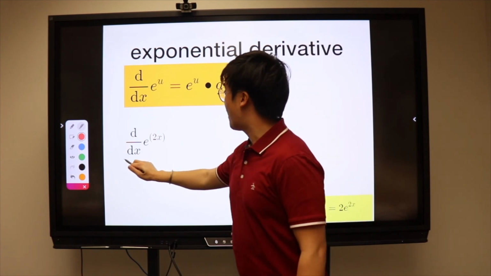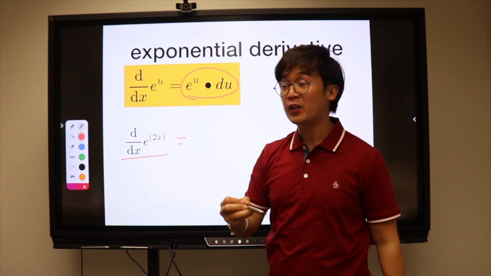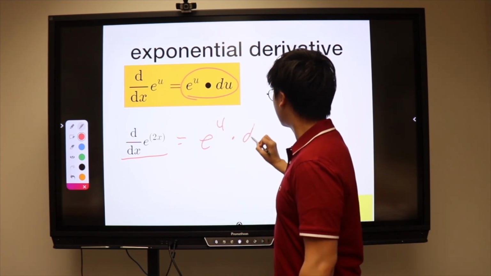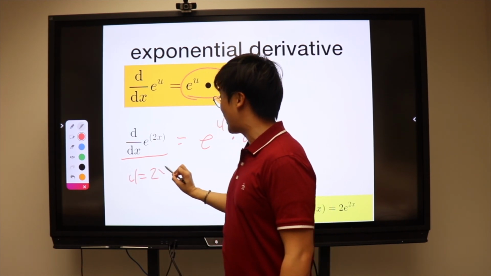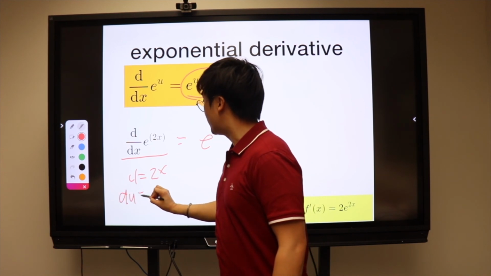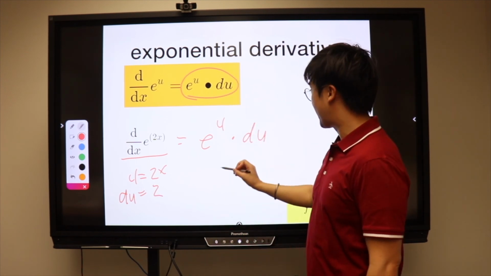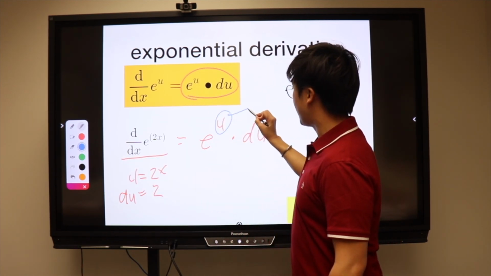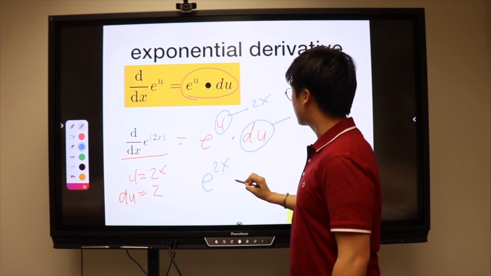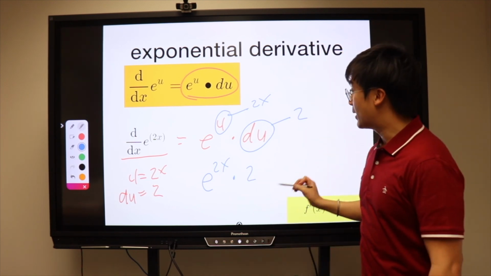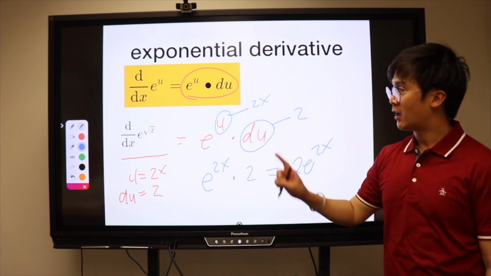Every time you are finding the d/dx of e to the f of x, write down what formula you need to produce. E to the u du. After that, write down what u is, and u is 2x in your problem, and du is your derivative of 2x, and you can do that in your head, right? Which is 2. And plug it in. This will turn into 2x, and this will turn into 2. So now you have e to the 2x times 2, and that is your derivative. But if you want to make it pretty,